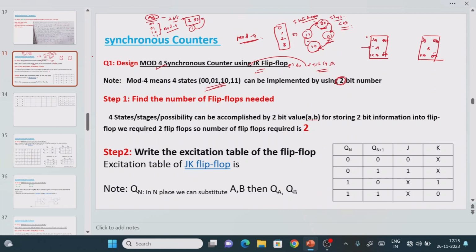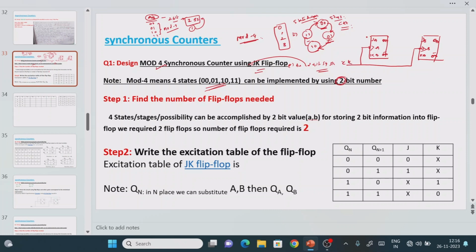Along with that we have the clock pulse. I'm going to consider the negative edge clock pulse representation. Based on how we apply the clock pulse, we have two classifications: one is called asynchronous counter, another is called synchronous counter. What do you mean by synchronous counter? If the common clock pulse is applied to all the flip flops, then it is called a synchronous counter. The counter we are trying to design is the synchronous counter, so a common clock pulse should be applied to flip flop 1 as well as flip flop 2. This is the clock pulse for flip flop 1, this is the clock pulse for flip flop 2. If you apply the global clock pulse or same clock pulse, then it is called the synchronous counter.